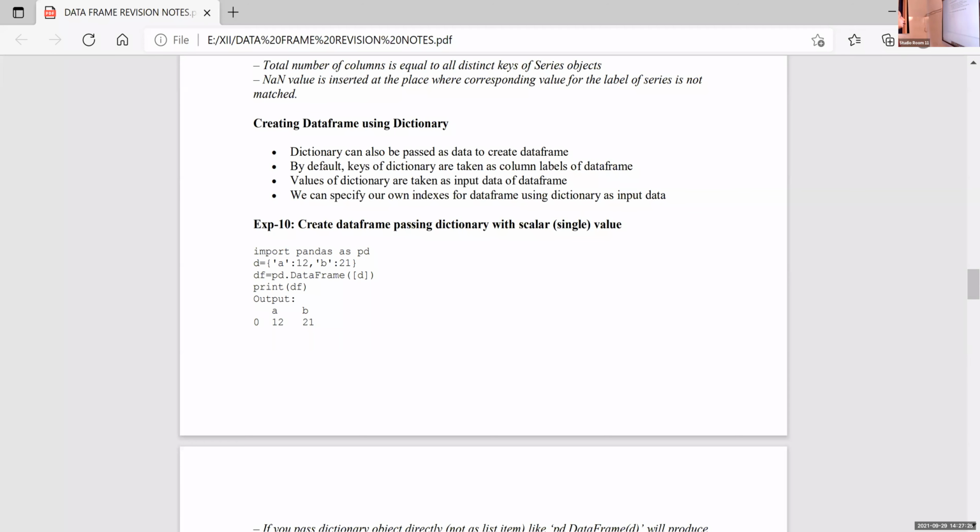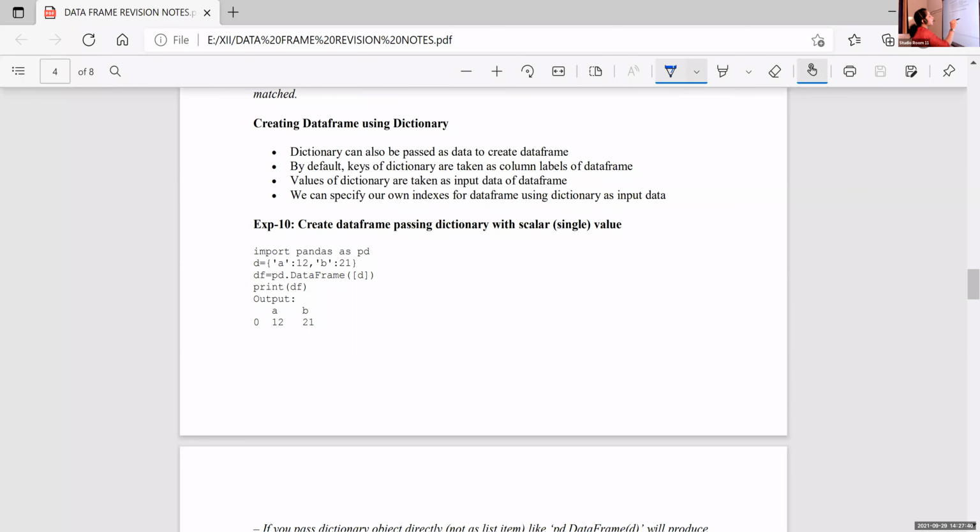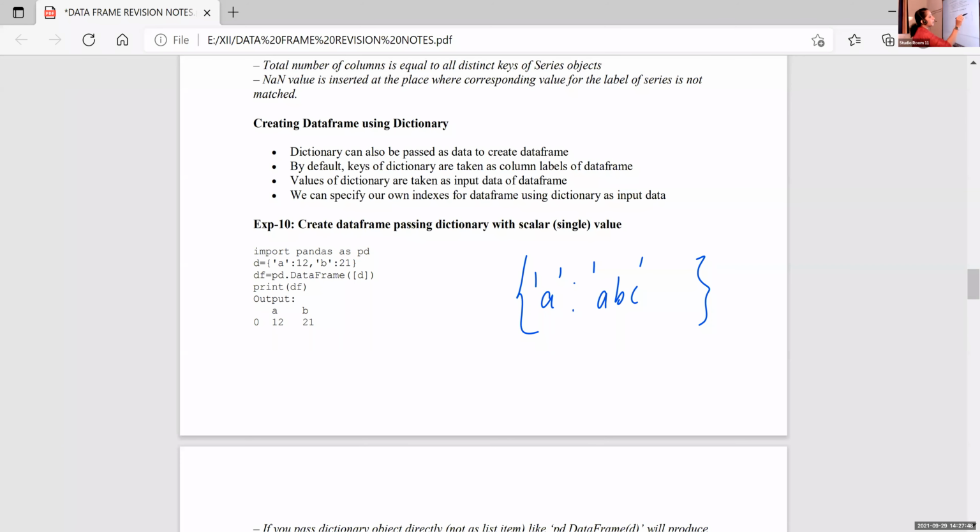Okay, so creating data frame using dictionary. Here, a dictionary can also be passed as data to create a data frame. How can we represent a dictionary? Within curly brackets, I'll give one key and one value, and another key B with another value.